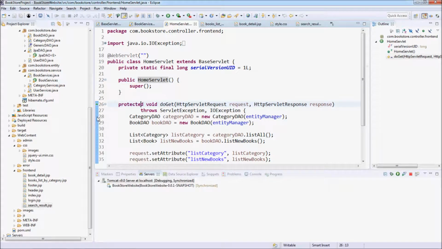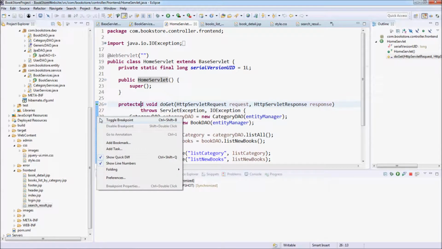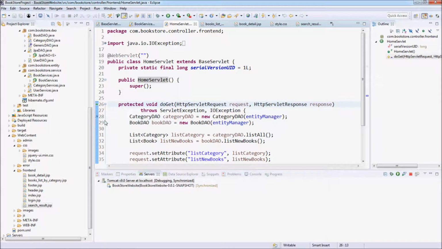Right click on the line you want the compiler to stop at and click toggle breakpoint, and when this servlet is executed, the doGet method is invoked. The IDE will stop here at this line where we set the breakpoint so we can examine the